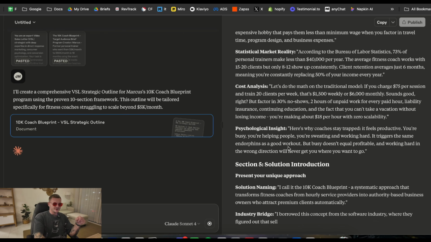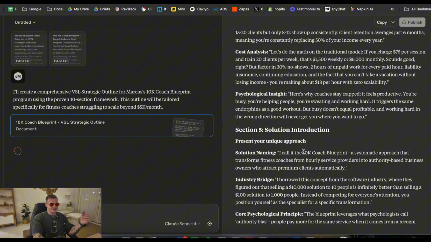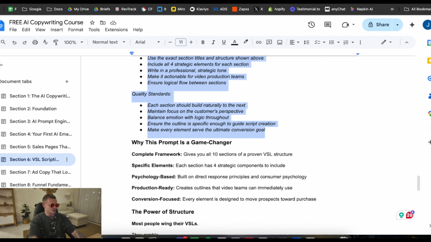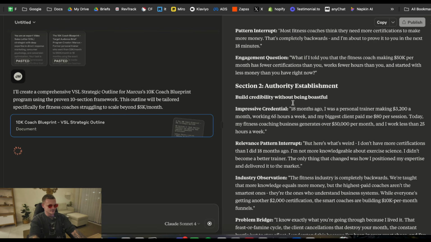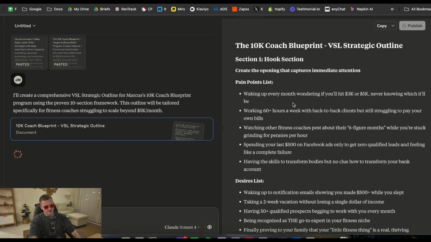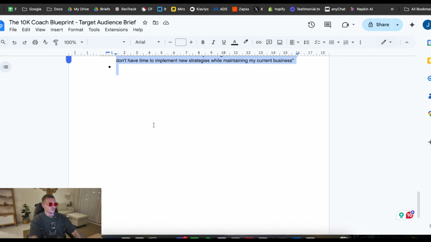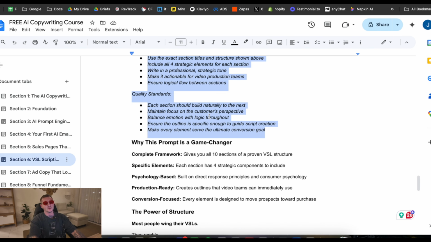Now you can use your brief or you can use the sales page in this process. So that's use the brief. Let me just go back and I'm going to use the sales page. Actually, I didn't save the sales page. Right, I'm not going to do that then. But instead of pasting this brief in, you could have your sales page and paste that in. That's probably the best way, and that's probably the way that I would do it because it needs to align perfectly.